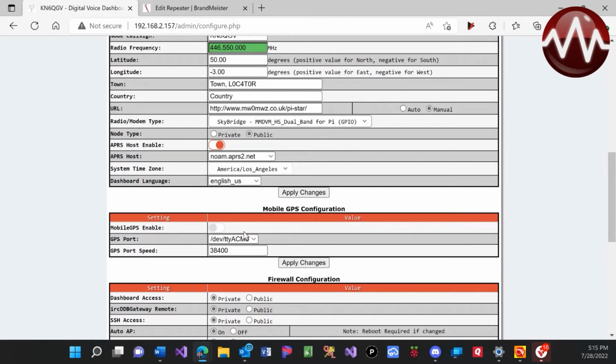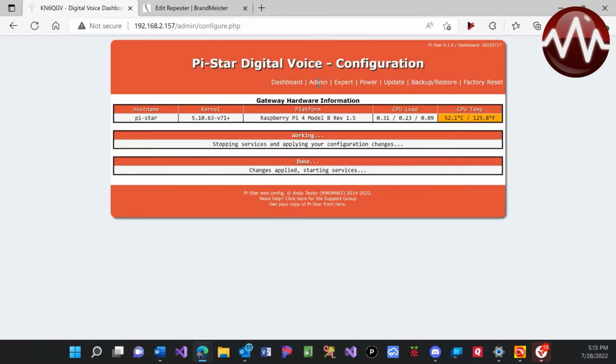Now, if you are going to be out and about, I would recommend doing this GPS enabled. That just helps with getting your location as well as, you know, providing some other benefits for APRS when you're communicating over the network. So once these changes apply,